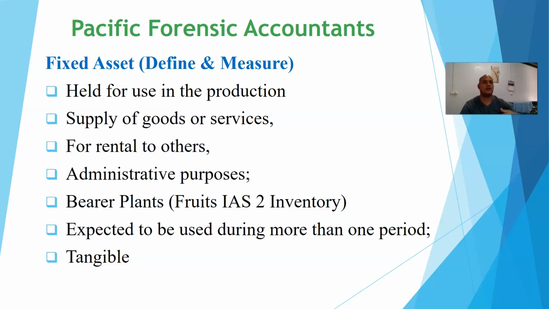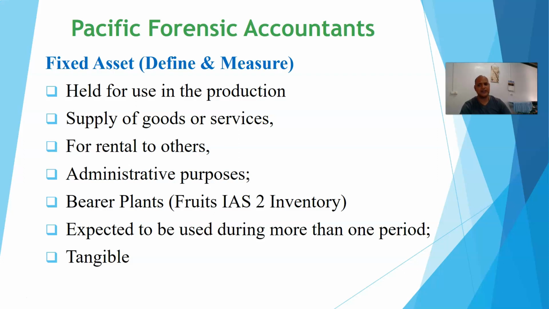They are caught in another accounting standard, which is IAS 2 inventory. So here we register the plants, or the bearer plants, as an asset, but on the other hand, whatever those plants are producing, their fruits, for example, are treated as part of IAS 2, which is the inventory. So it's kind of tricky, but I think what we should remember here is the definition of asset and what bearer plants need to be accounted as assets.